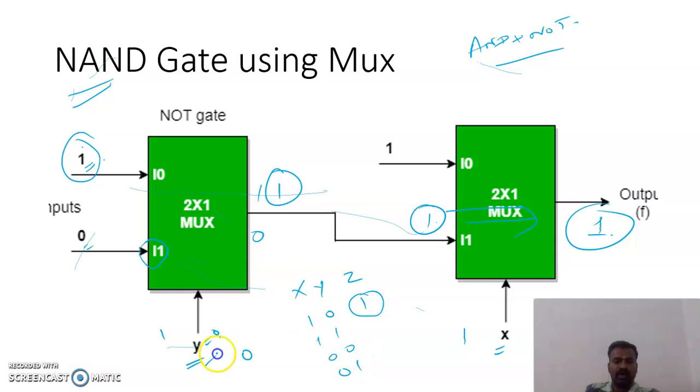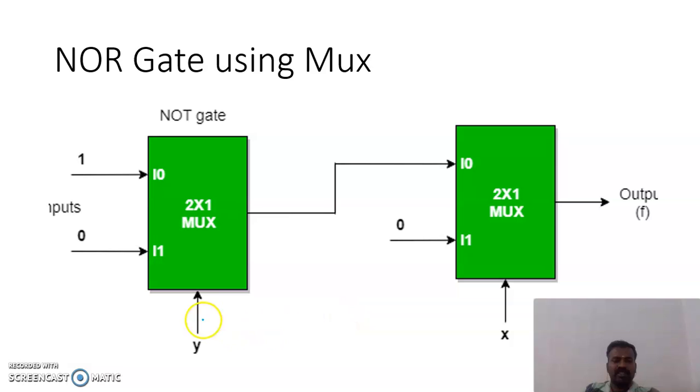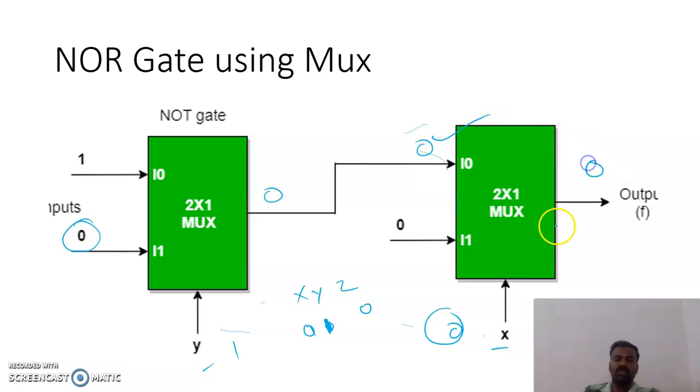For the NAND and NOR gates, we are going to take x and y as selection lines. Both the inputs are selection lines. Next design, the NOR gate design. Here y is here, x is here. Let me take one small example. We can check 0 1 here. For 0 1, the NOR gate truth table output is equal to 0. So this is 0, this is 1. Y is equal to 1, so it is going to select this 0, so output 0 will come. Here also 0. X is 0, so it is going to select this 0. So my output is now 0.